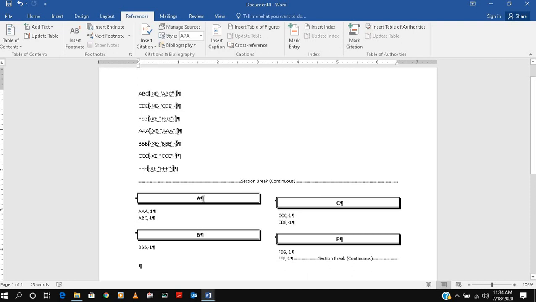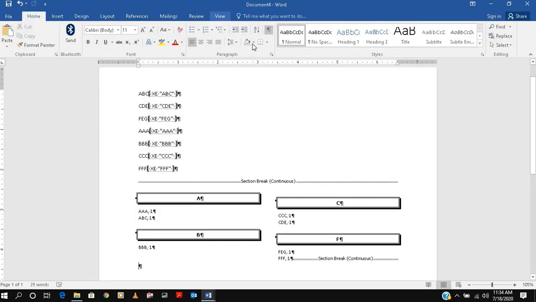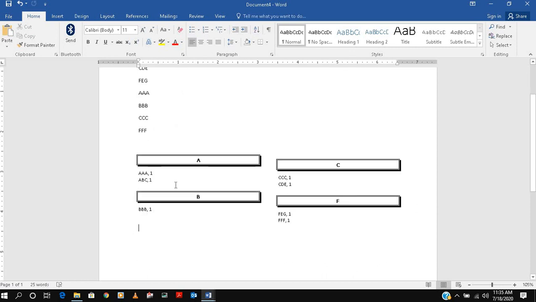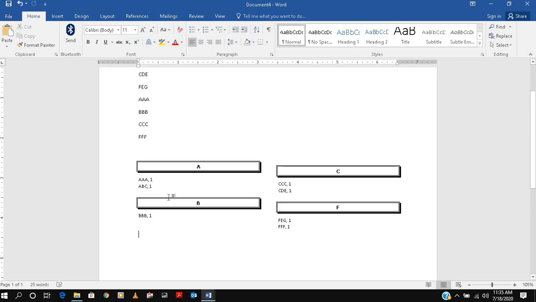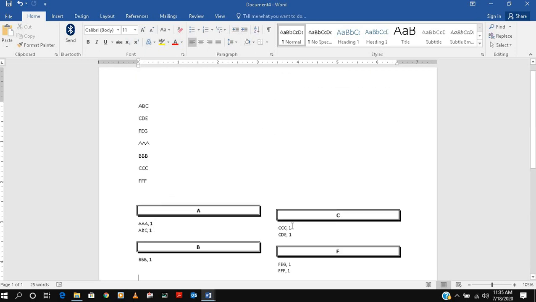This you can remove with Control Shift 8 as a shortcut key, otherwise you go to Home and click on this, and it is removed. So A names are this, B is this, C is 2, F, and I think X did not come, so I think we remove that. And this will show you the page number of each entry. So this is for that.